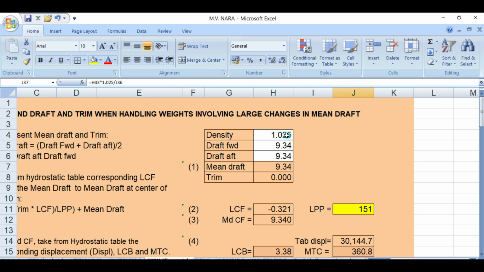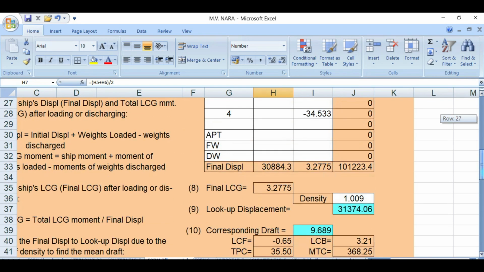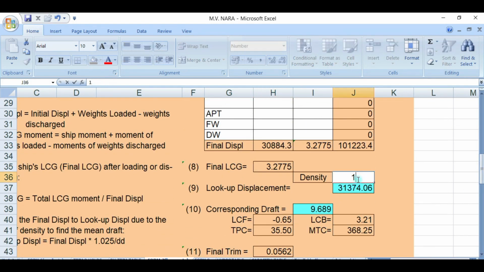In our first, maximum summer draft is 9.55, okay, and your departure draft is 9.55. And when you say summer draft, the density will be 1.025. So what will be your draft if your ship loads in a density of 1.015? Okay,